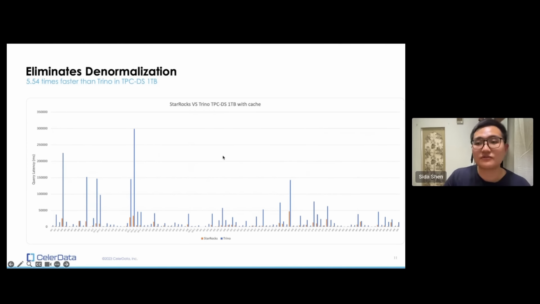And StarRocks versus Trino. Trino is a query engine on the data lake that's really good at doing joins, really doing complex joins, right? And StarRocks is even 5.5 times faster than Trino on TPC-DS, querying the same data on the data lake,